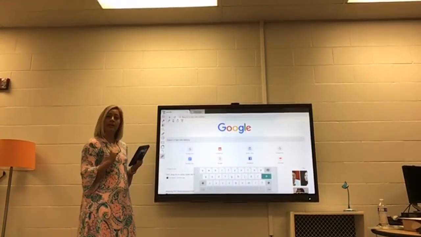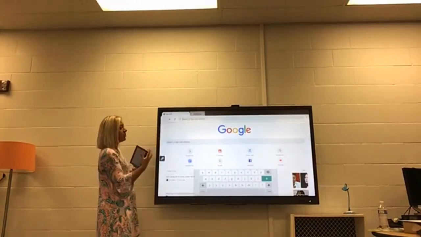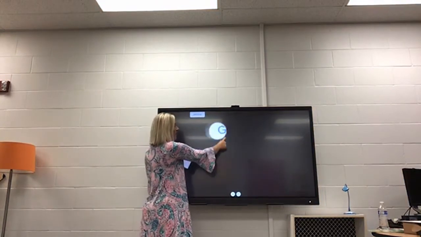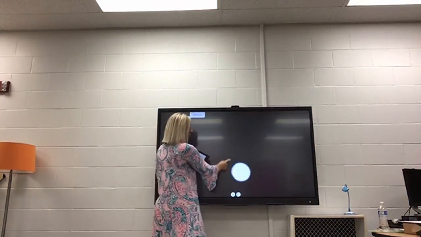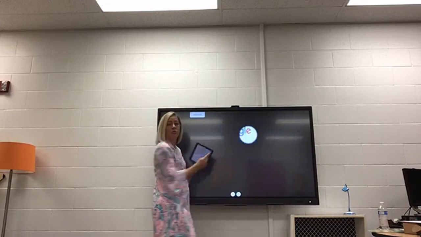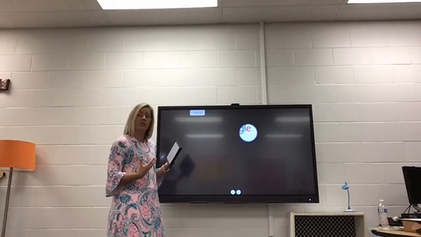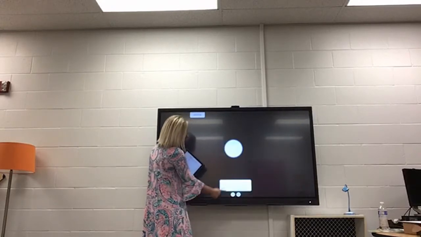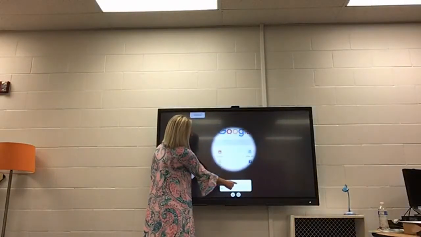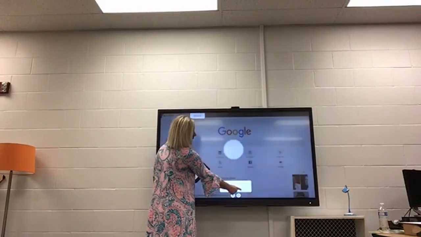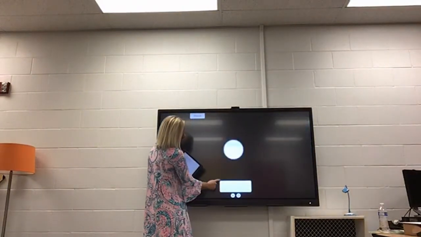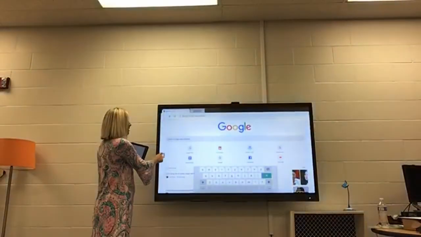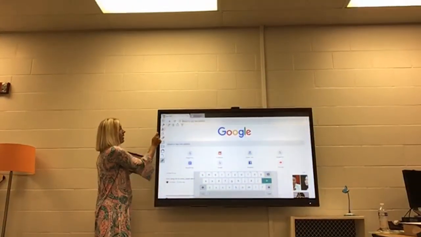The first tool is a flashlight. That kind of enhances your instruction, and it darkens everything and allows you to move around that flashlight to uncover things there on the screen. I'm sure you can think of many instructional implications to make this fun and engaging for your students. As you move it, you also have settings down here that you can make that flashlight larger or smaller, as well as the background. You can fade it or make it completely dark. And when you're finished with that flashlight, you just click that X button. So that's your first tool there in your widget. The second tool